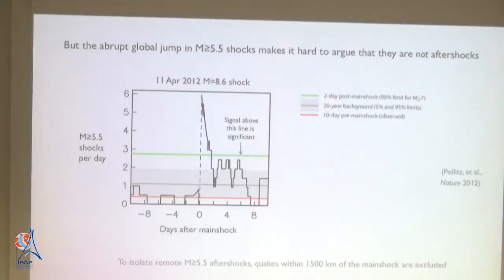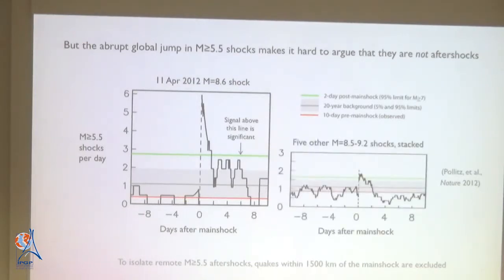And this is what it taught me. Everything that we consider our wisdom and our judgment can be bias. And I got by because I have a very good colleague who hit me over the head that I wasn't allowing myself to see something that was truly important. And when we saw this, we said, well, look, if this 8.6 can do it, what about all these larger earthquakes? So we stacked all those larger earthquakes, and you can barely see the signal. This one on the right is a Rorschach test. It's in the eye of the beholder. If you believe it, you see a signal. If you don't, you don't. So they don't show anything like the 8.6, even though by energy, they're up to 20 times larger.